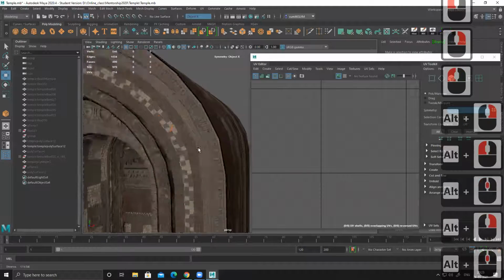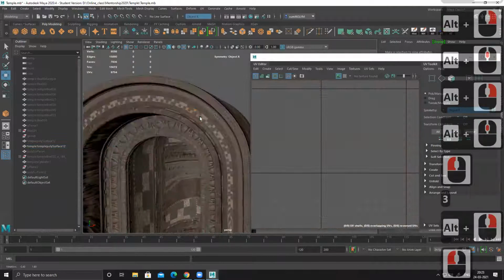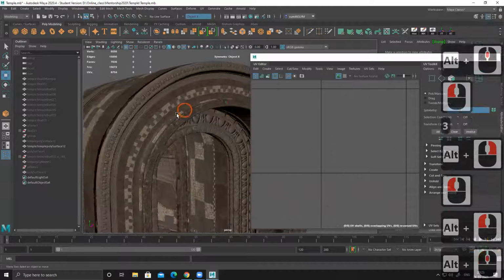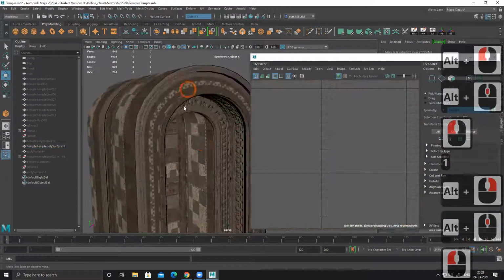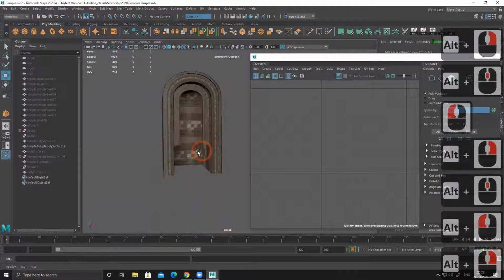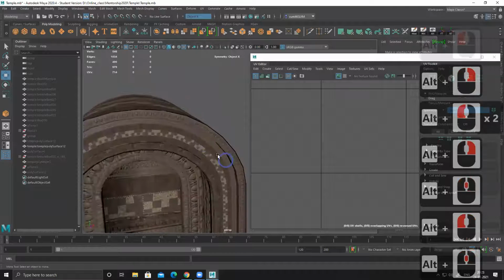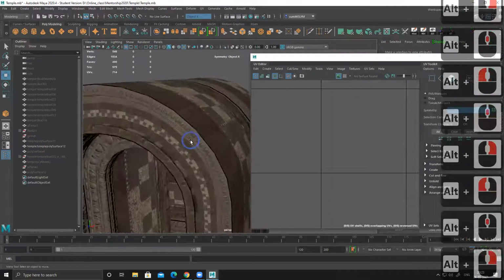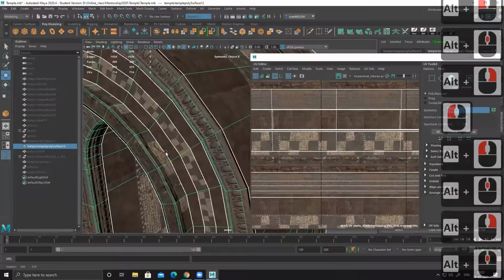I can create as much as I want, the way I want. I can create those patterns and shapes, and if I want, I can add more loops to it. But this is a big piece with a decent amount of polygons, and from a distance it will be visible like this. You can see it looks curved only. So like this, I have to add cuts and make it smoother. This is what we are supposed to do.